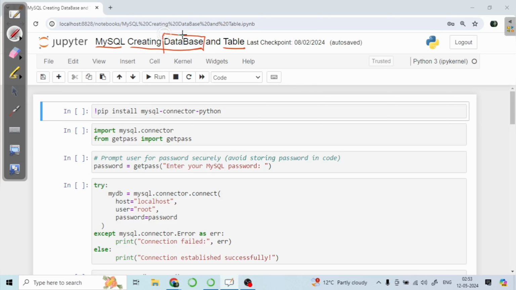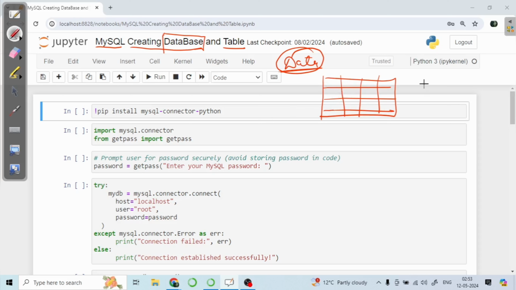Okay. So if you are going to use machine learning or artificial intelligence or anything, you will have data. Okay. Now this data you can store in tabulated form, in columns and rows. Now let's say you are having different tables. Let's say this is table 1, this is table 2, and these tables are